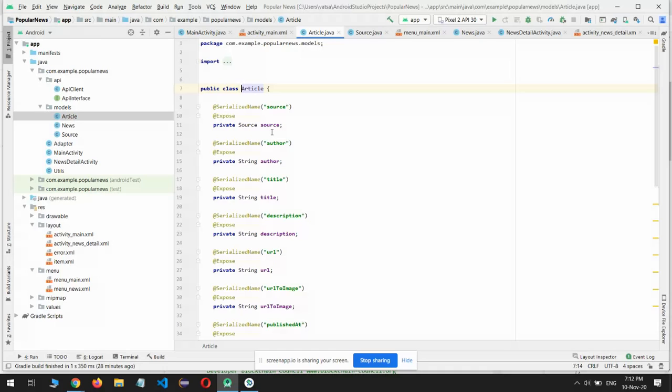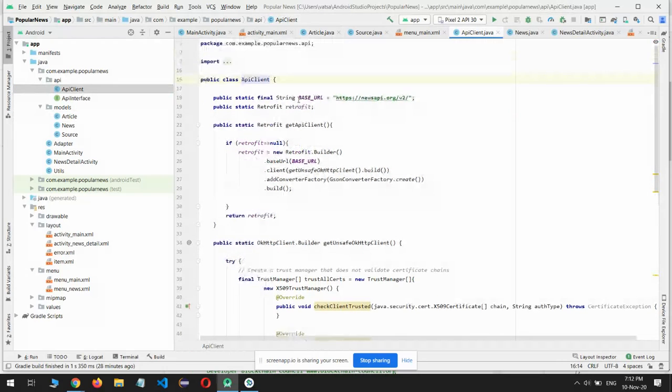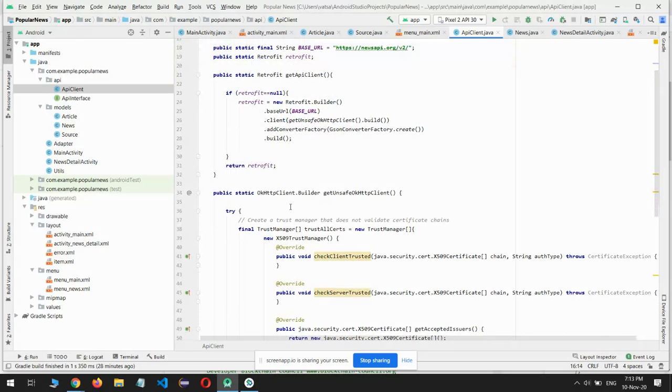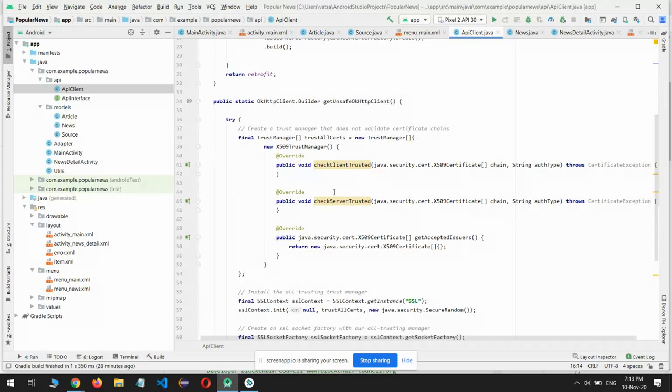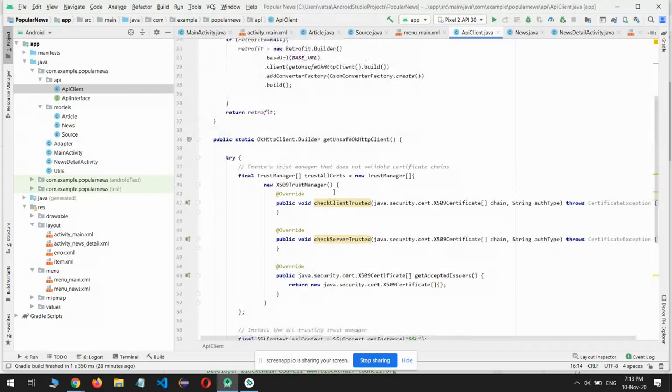Now, all we have to do is load the API. So we create an API package. We have created API client and API interface. In the API client, we are initializing Retrofit, which makes use of the get API client function, in which it loads the URL and does the HTTP packet transfers and uses the converter factory from the JSON library and builds it. This is the OkHttpClient.Builder function, in which all it does is confirm the handshake and transfer the certificate